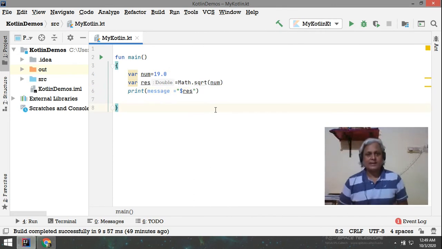So the result will have the value of the square root of number, that is 19, and this